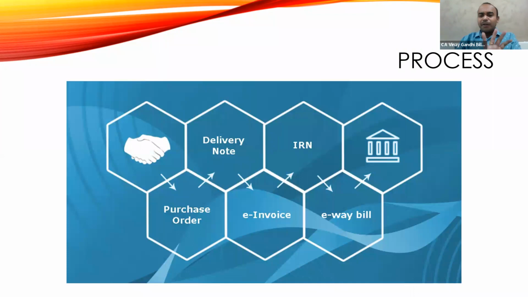And this is a normal pictorial representation of the process. There is a purchase order that has been made, and from the purchase order, a delivery note is prepared. And from that delivery note, or whatever invoice system we follow, comes the invoice, and from there the e-invoice, and the e-invoice IRN will be generated. And from the IRN, the e-way bill, which I said is auto-populated, is generated, and from there it will reach the supplier.